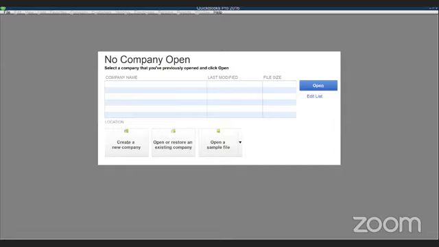So QuickBooks, basically any company, you have to create it. This is a home screen, and not the home screen. This is a startup screen, where you have to create your company. So the first step, as you know, will be create a new company. So you click create a new company,